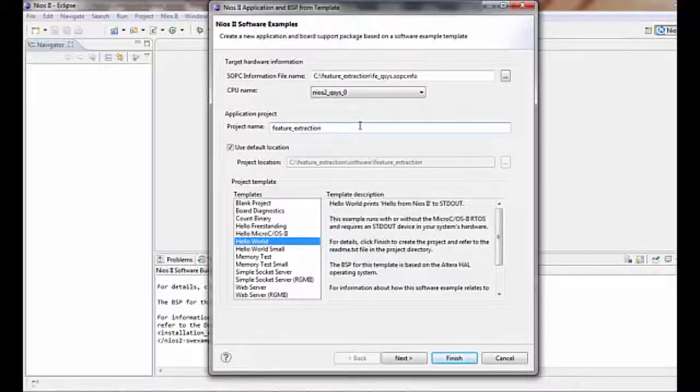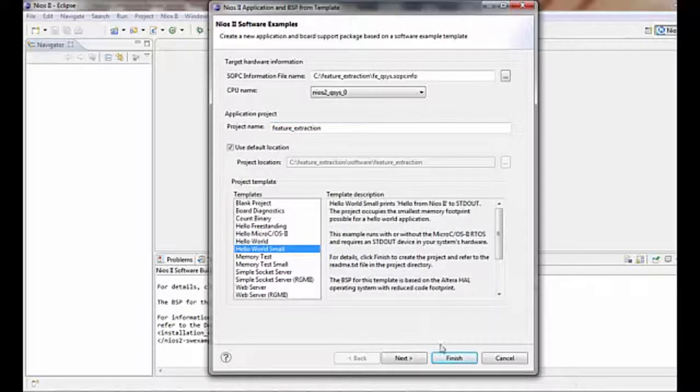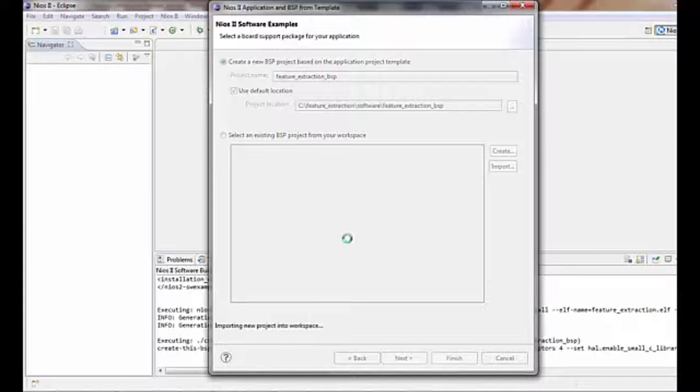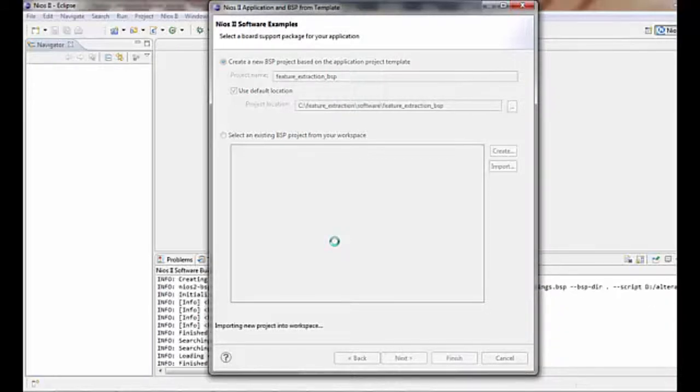So let's name this file. Let's give a project name. Then let's select the hello world small program. So this would let us run the, let us verify the connection. So once this file loads,